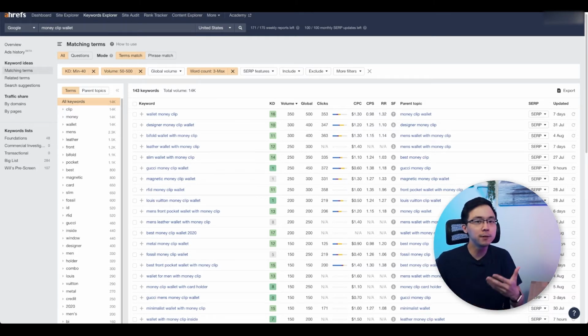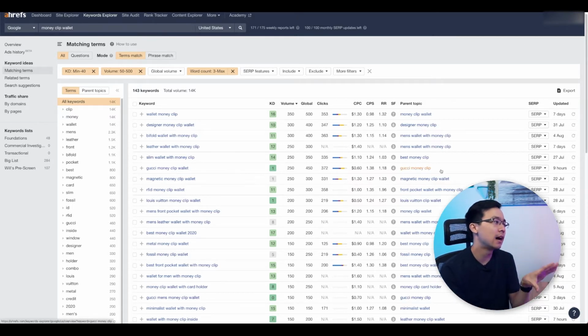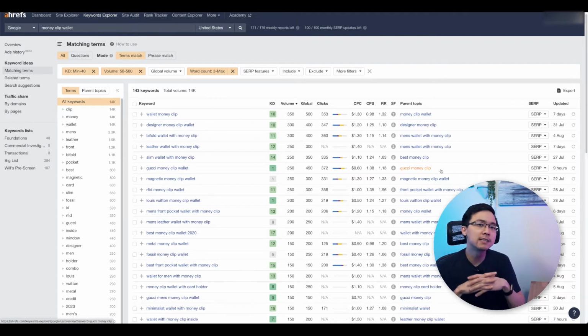Well, if I were to think for a second, I probably think that most of these phrases are things around buying intent. So I probably would be wondering, what is the best designer money clip wallet, or what's the best bifold wallet with money clip, and so on. And so if I were to actually think about this sort of content, I'd probably go for a best of approach right out of the gate. But what I'd also look for is some potential questions that people are asking around these particular phrases. That way we could fulfill the full intent of somebody that's searching for this particular phrase.